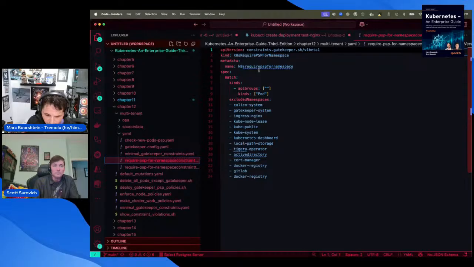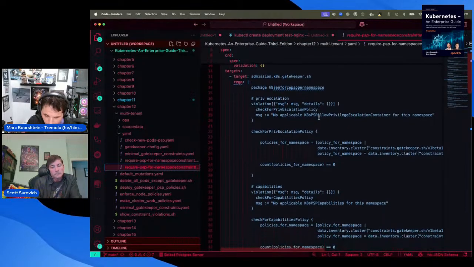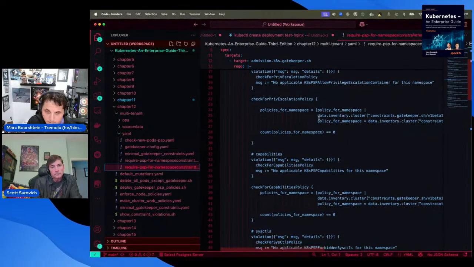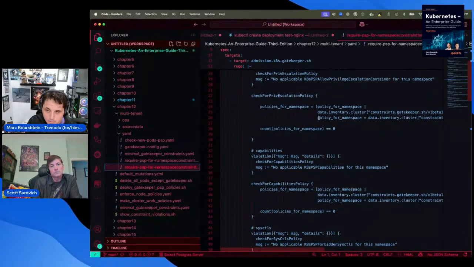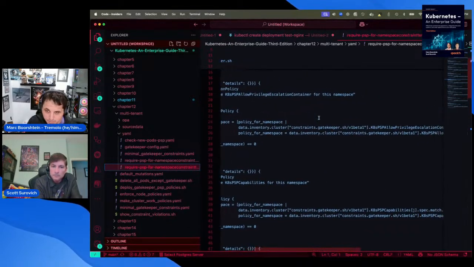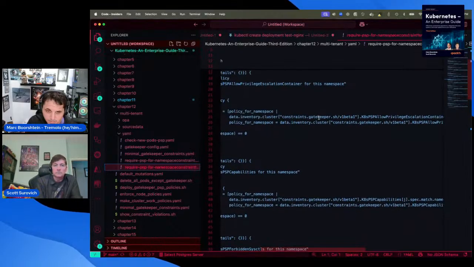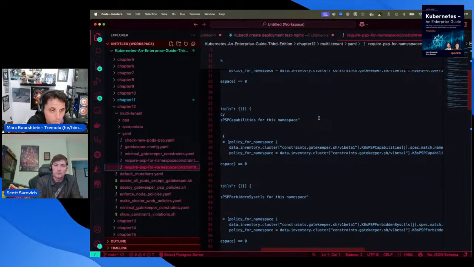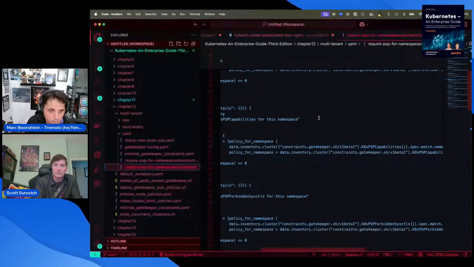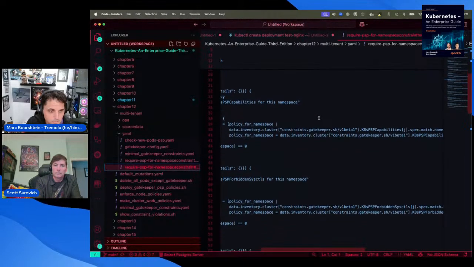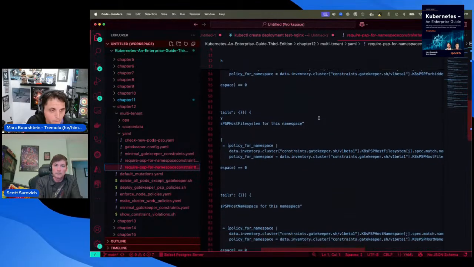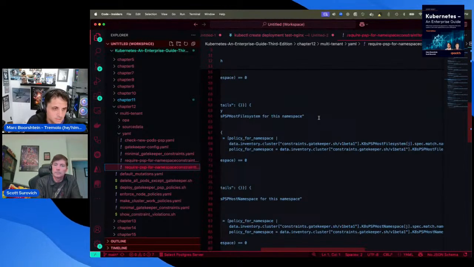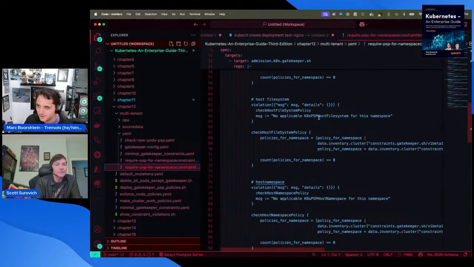So this says that you have to have a PSP for the namespace. This is where we're checking to see, do we have these policies in place in the namespace? Because if the policies aren't there, we don't want you to be able to run any workloads. So it's internal affairs for your cluster policy enforcement, right?